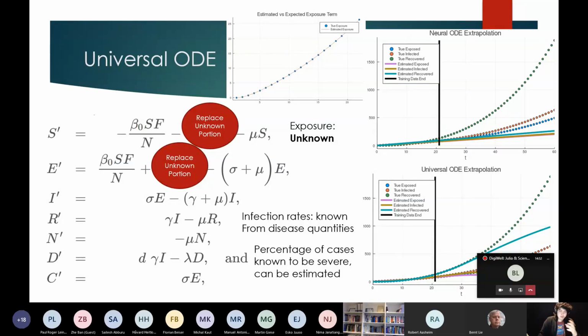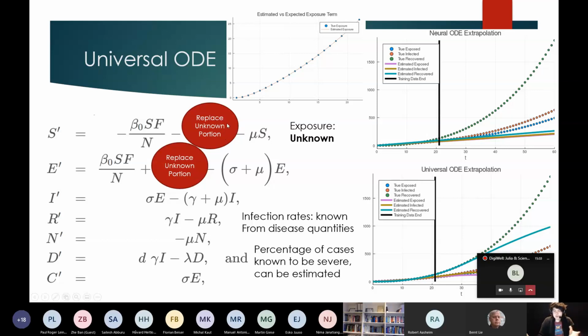So a lot of the terms in the SEIR model can be quite well known, right? Because we know it takes like 5 to 7 days for COVID-19 recovery to occur. We know the percentage of people that end up being hospitalized. So what we can do is write down a mechanistic model that captures most of the idea. But the thing that we don't actually know about is the exposure, right? So the exposure is something that's highly variable, dependent on things like whether people are following quarantine rules. It's dependent on whether people are wearing masks, right? So what we don't really know is what the exposure term would be inside of this model.